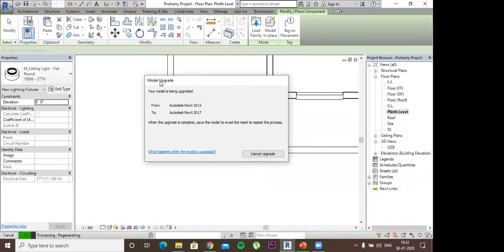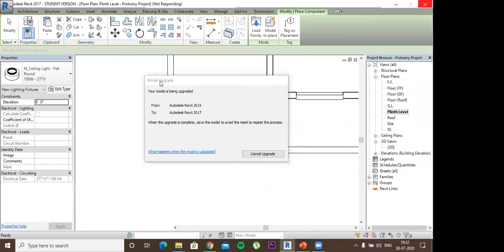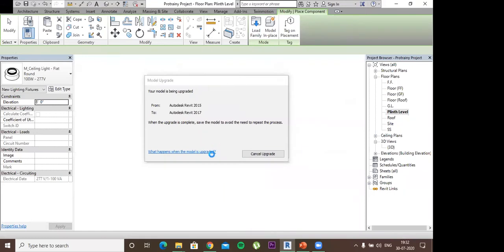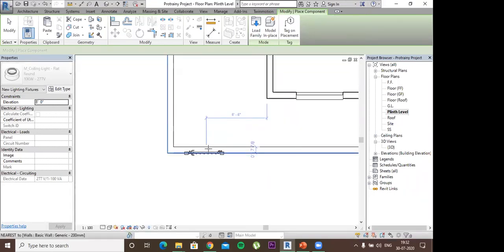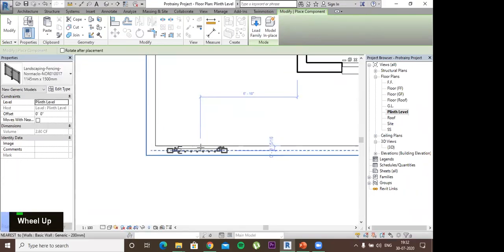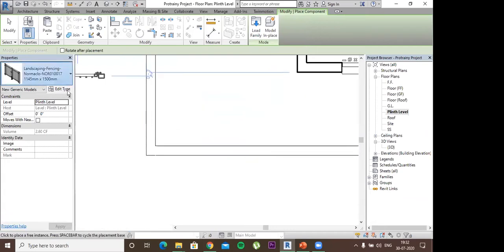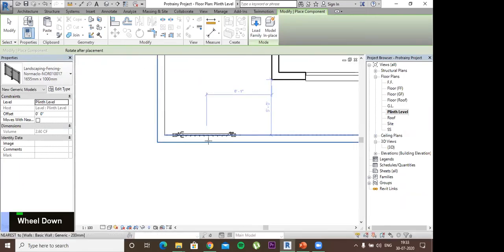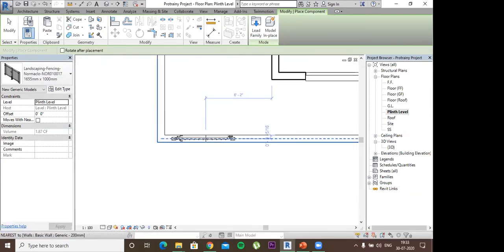Since it's a component which I have downloaded from other site, it might be modeled in a different version of Revit. And this is how I can download different things here, and I can apply them. Like I can even change the size. Suppose I want this 165 by 1000, 655. Okay. This gate I can put it here on this wall.